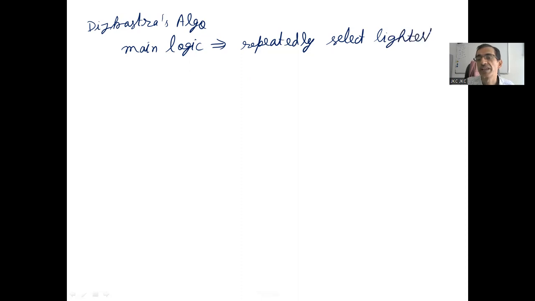So I'll say repeatedly select lightest vertex, let's name it as U because it will become source vertex after some time, from uncovered vertices or uncovered set, and add it to answer set, add U to answer set,